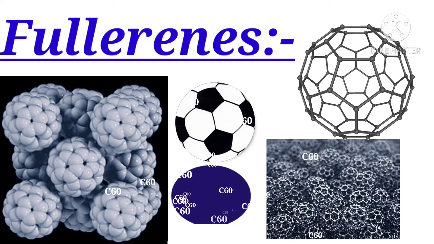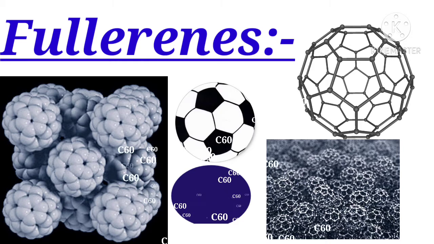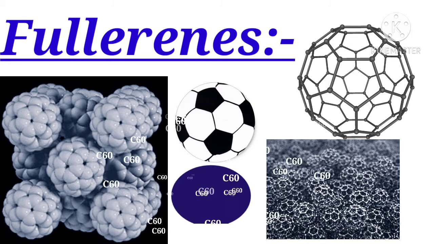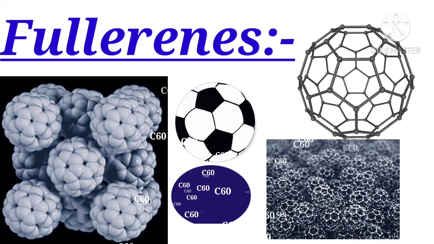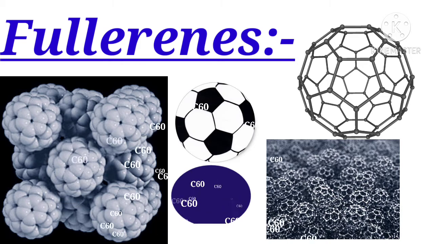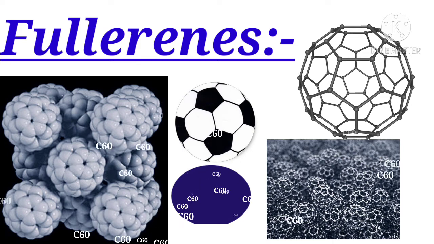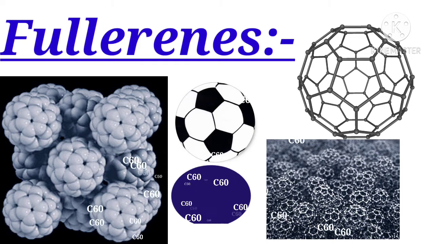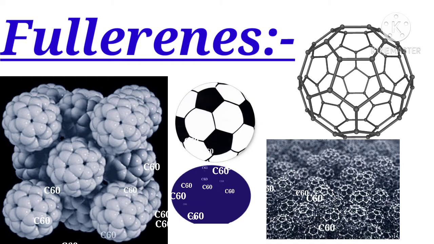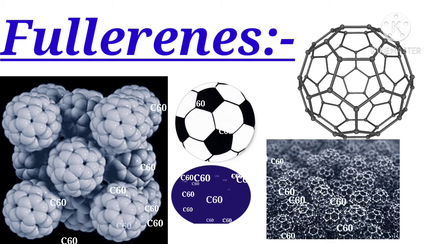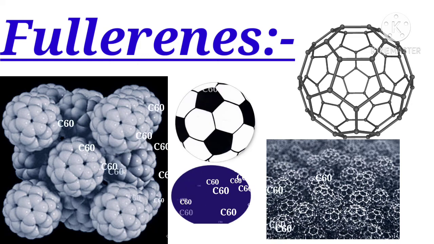What are fullerenes? It has the formula C60 and is made from interlocking hexagonal rings and pentagonal rings of carbon atoms. So these are called fullerenes. The fullerene formula is C60. These are made from interlocking of hexagonal and pentagonal rings of carbon atoms. Such molecules are now thought to exist even in chimney soot or candle smoke.